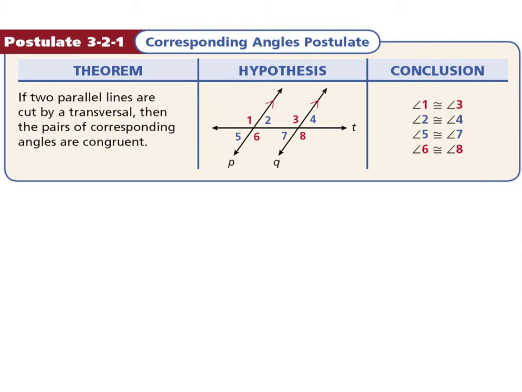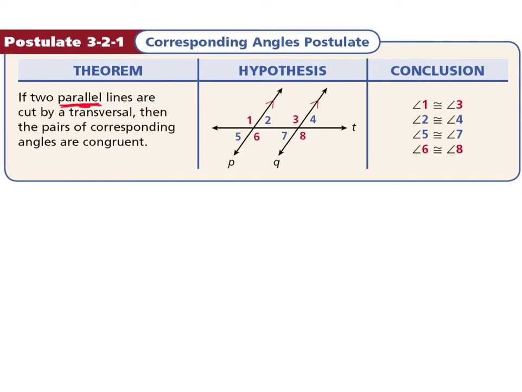The hypothesis will be that same picture for all of these theorems, because all of them rely on there being parallel lines cut by a transversal. So if you want to draw that once in the hypothesis, and then just copy it on down. But notice in the hypothesis, which is the if part of our statement, if 2 parallel lines are cut